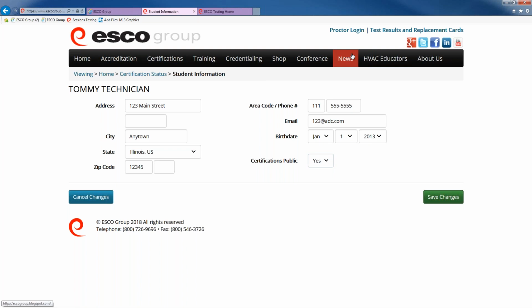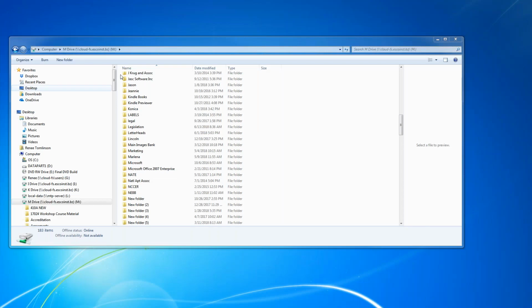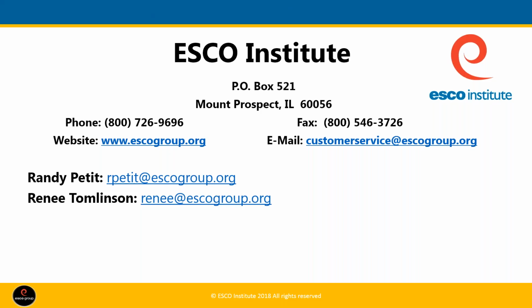All right, so that about sums up some of those shortcuts and fun things that we wanted to go over with you for the online testing. Let me bring up our contact information so that if you should need to get a hold of any of us, you can do so. There you go. So our customer service information, telephone number, email address. If you'd like to contact either Randy or I directly, our email addresses are listed as well.